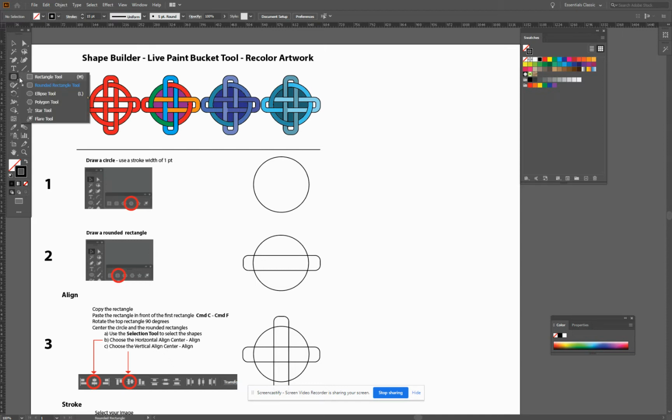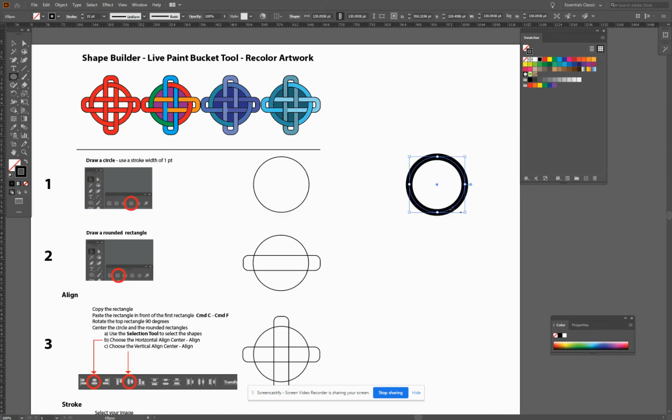We're going to start by drawing a circle. Ellipse tool, if you hold down the Shift key, you get a perfect circle. And I want that to be a 1 point stroke on it to start off with. I'm going to take this and bring it down here and just go through